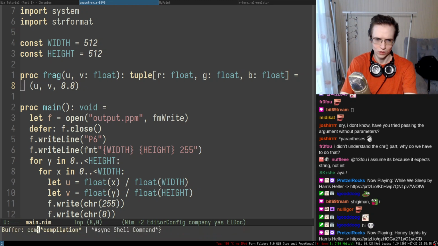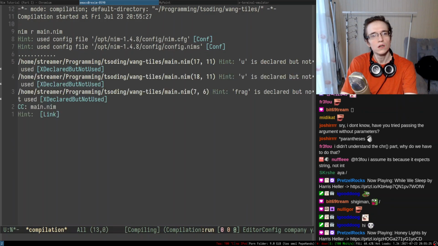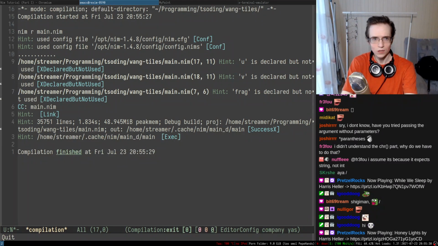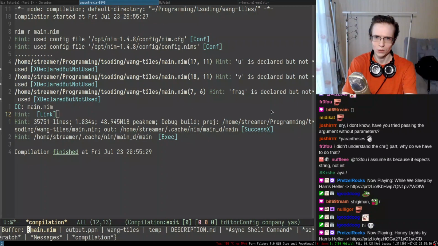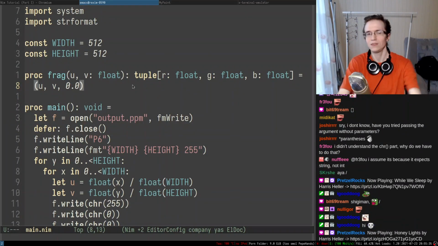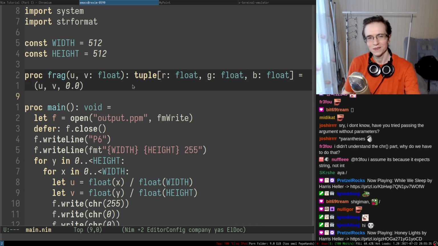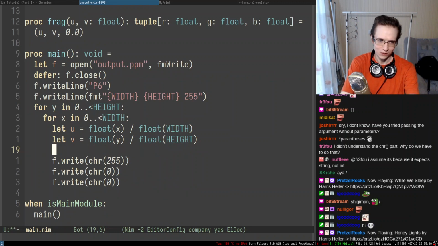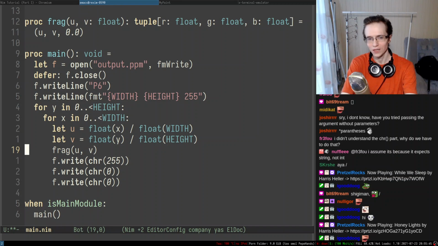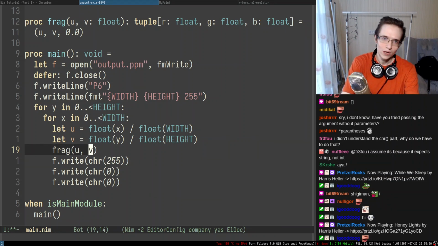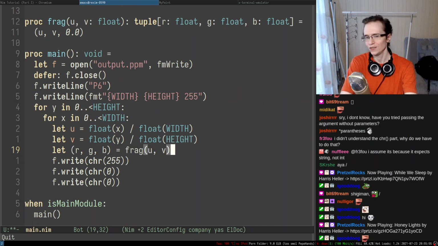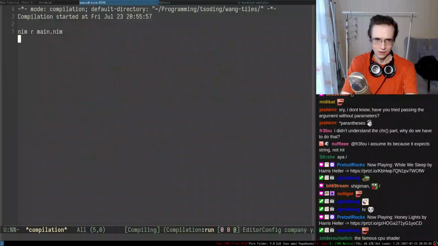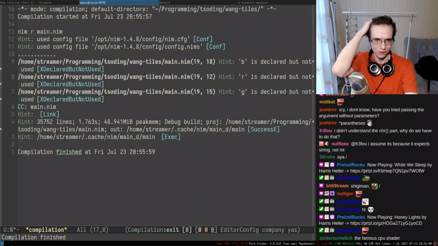Right, so let's try to compile this thing. Boom, it in fact compiled, but not used. Okay, because we never actually passed this entire thing. So this is a simple fragment shader that we can use. After that, I'm going to be calling this fragment shader on these UV coordinates that we just created. And I wonder if I can now just take RGB and destructure it like this. I think I should be able to. Let's actually try to compile the entire thing and see. Yeah, I can do that.